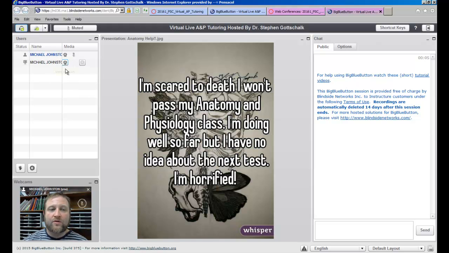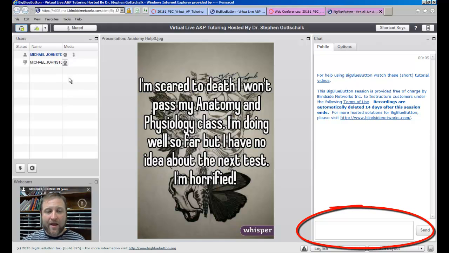But that will note here in this option that you're sharing your webcam. If you're on a wireless connection, that may not be the best thing to do because it does take up a lot of bandwidth, I've been told. So you don't have to show your camera, but it is often very helpful to have a microphone to communicate. However, if you don't have a microphone, that's okay. You can type your questions.